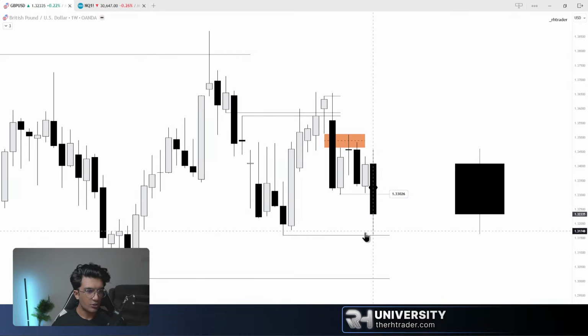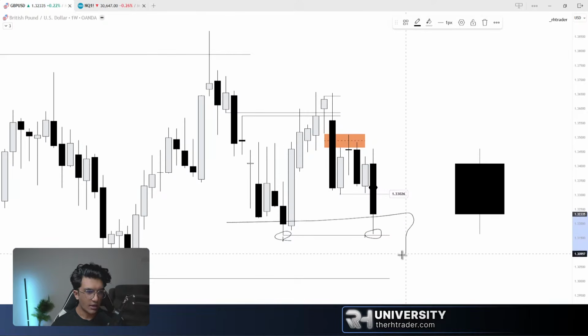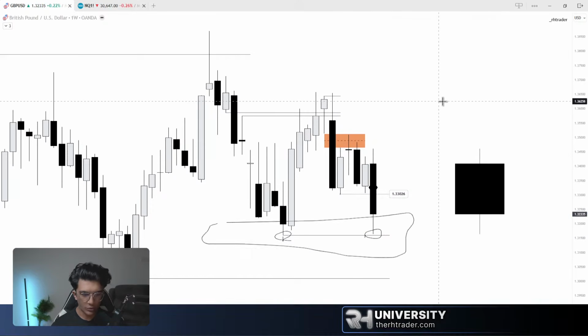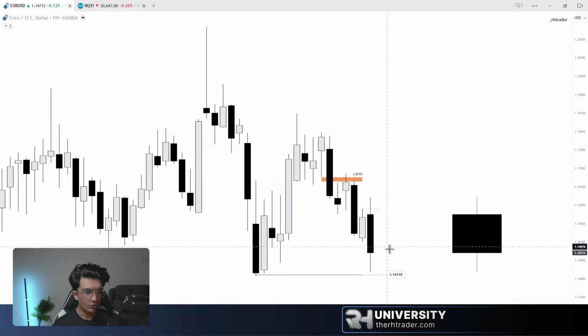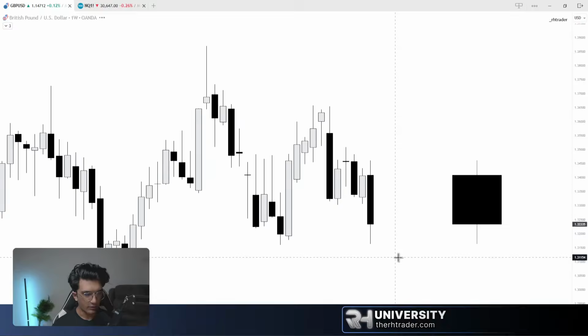So you can see we have engineered liquidity here. So what does engineered liquidity mean? We have a low here, and we have a low right above it, right there. Okay, so this means that price has engineered this liquidity. Retail will see this as support, right? Your books would tell you that this is really support because price has reacted here once, and we're pushing lower and we reacted again, right? But that's not how it's going to play out. It's going to push through it, right? So with that in mind, I am bearish for GBP USD as well, and I am bearish on Euro USD to this objective as well, right?